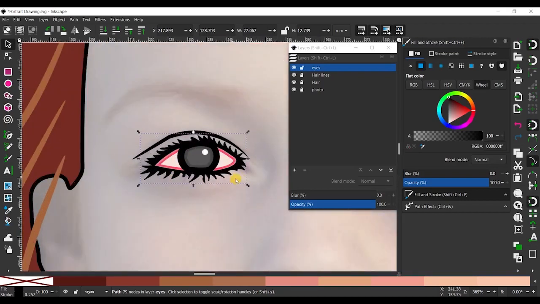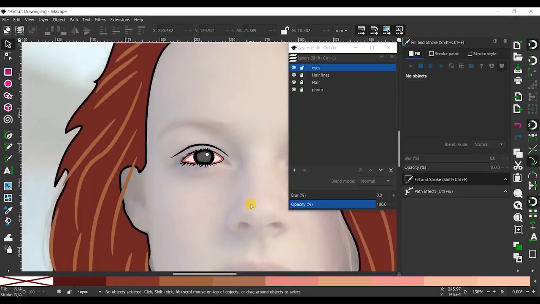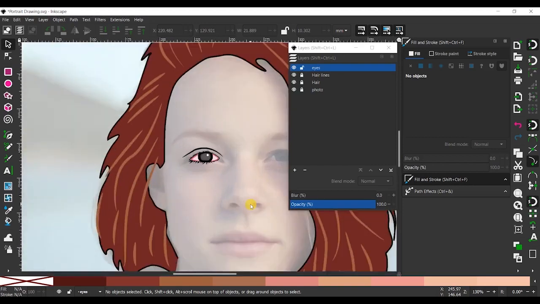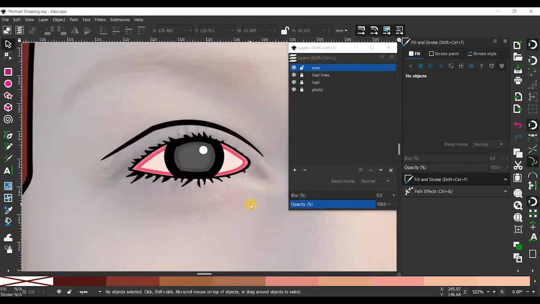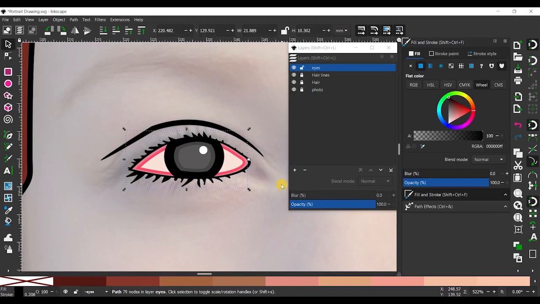The eyes are way awesome. You can shrink the size by using the selection tool and the arrow keys. By using the Control and Shift keys, which are very important, they give the perfect positions of the object. You can observe the object is created well. The eyelashes also look perfect, and this is one eye.